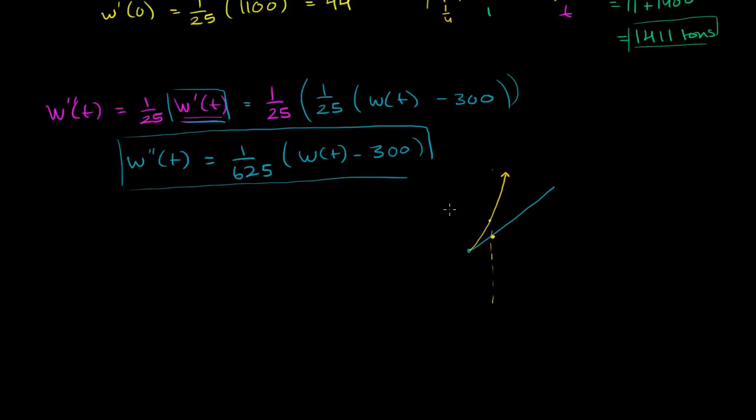Let me draw it, make it clear to you what I'm doing. So this is my W axis. This is right at our initial condition of 1400. And then this right over here is our time axis. And this is at 1/4. So in the last video, we said, hey, this is sitting right at 1411. If W's slope increases from that point, then this is an underestimate. If W's slope stays the same, then this is actually a very good estimate, because then we're going to hit that